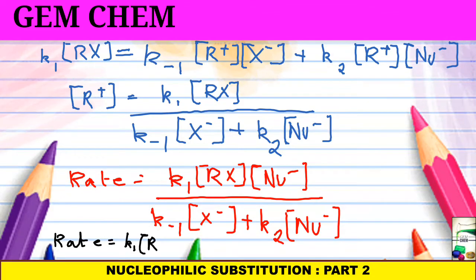k1[RX]. Now from this we can say that it displays simple first order kinetics in the initial stages, and most kinetic studies of SN1 fall into this category. In the later stages of SN1 solvolysis, as the X- concentration builds up, the rate should decrease, and this indeed is found to be the case when we are using diaryl methyl halides. This is not observed for tertiary butyl halides, which follow first order kinetics for the entire reaction.